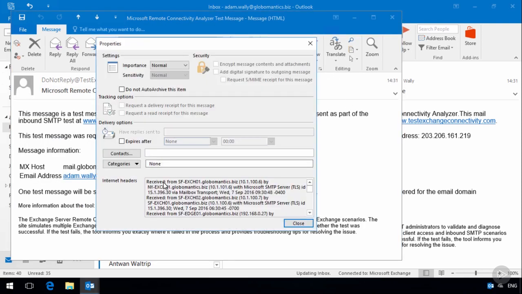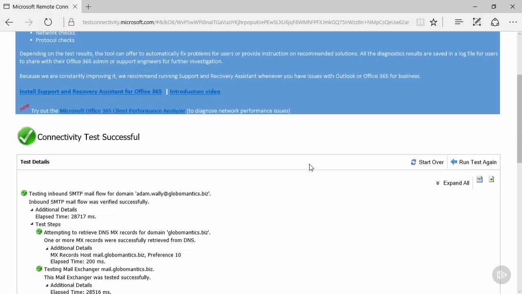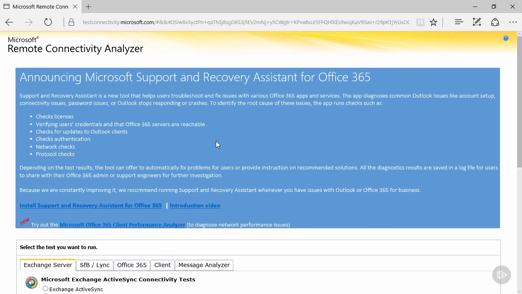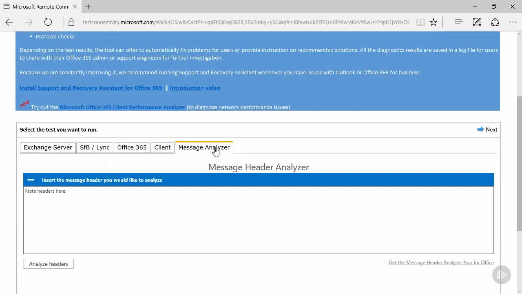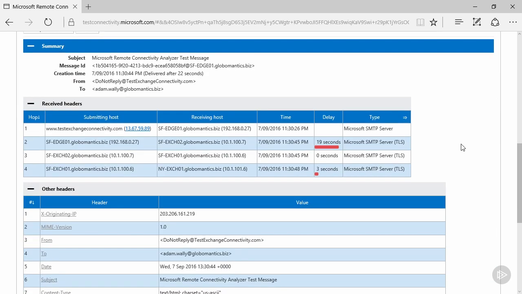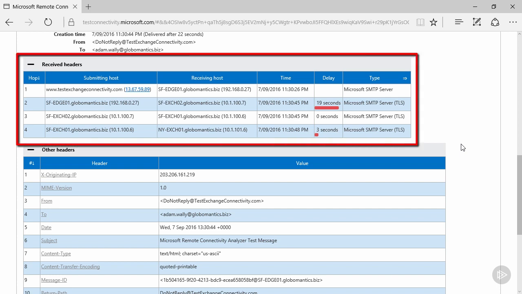And just out of interest, let's take a look at those message headers. We'll go back to the remote connectivity analyzer. This tool also has a header analyzer similar to MX Toolbox. And after analyzing those headers, we can actually see the route that email took, starting at